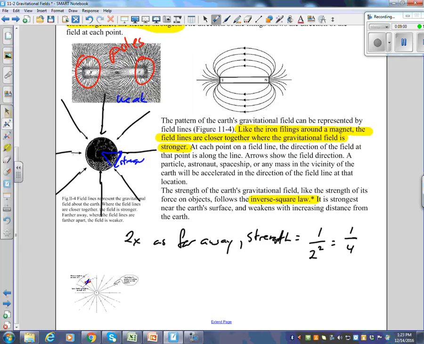It's called the inverse square. If you're 3 times as far, then your field strength is going to be 1 over 3 squared, or 1/9. If you're 4 times as far, you're going to be 1 over 4 squared, 1/16. Make sense? That whole inverse square law thing? That's an important concept. This is probably your first time you've seen it, but it's true for gravity, gravitational fields, magnetic fields, sound, light, just about anything that expands in 3 dimensions.